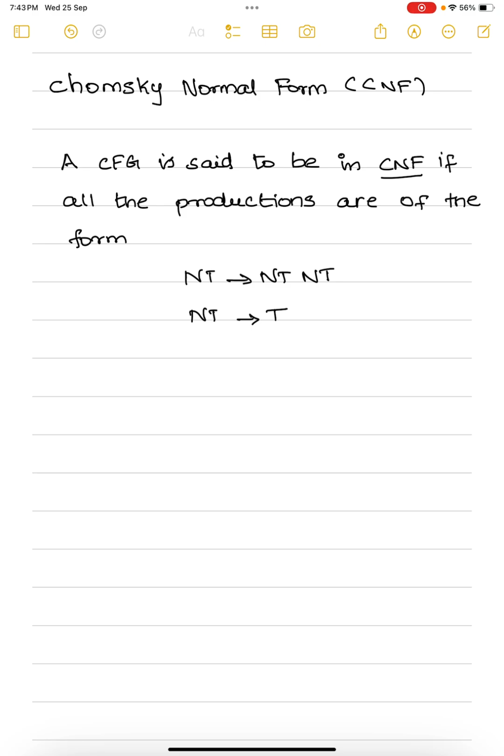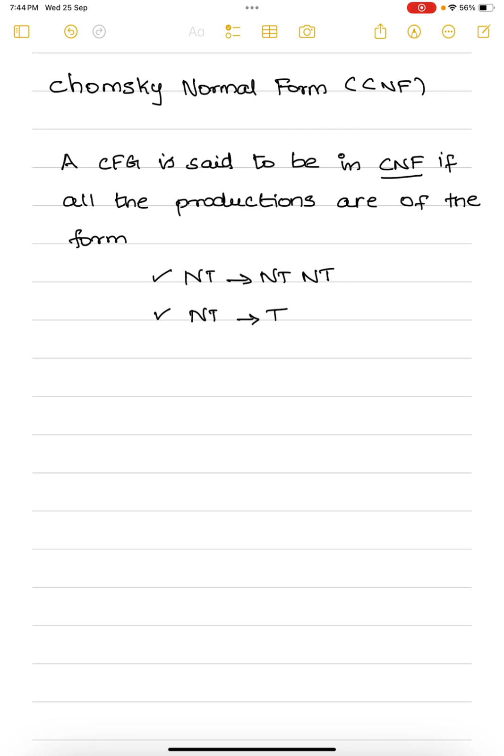So if you have a grammar G in which all the productions are either of this form or this form, only one non-terminal on the left-hand side and two non-terminals on the right-hand side, or one terminal on the right-hand side,